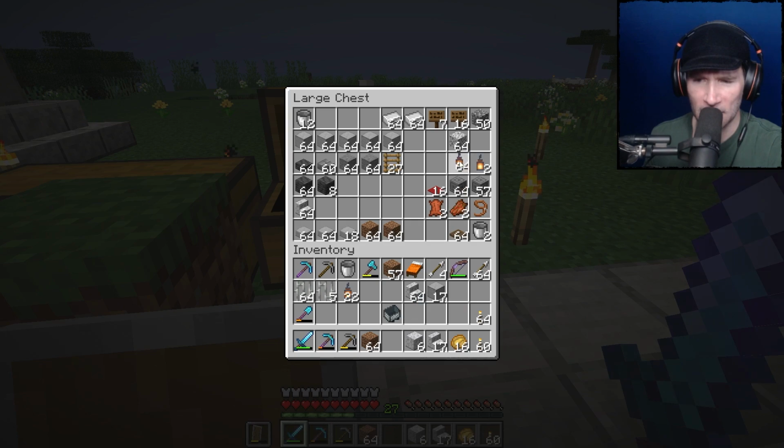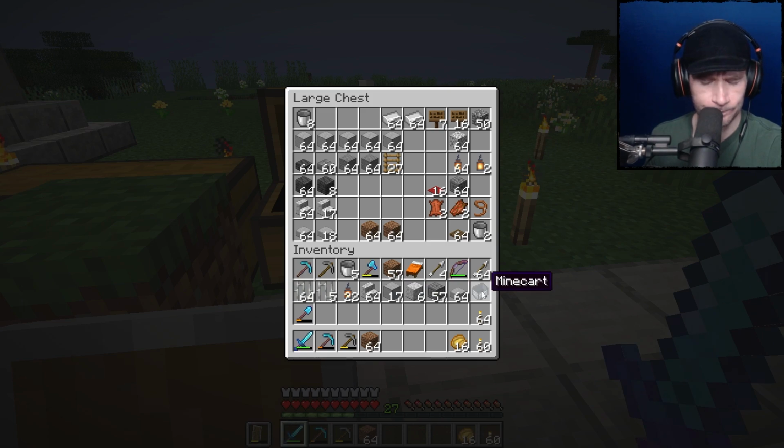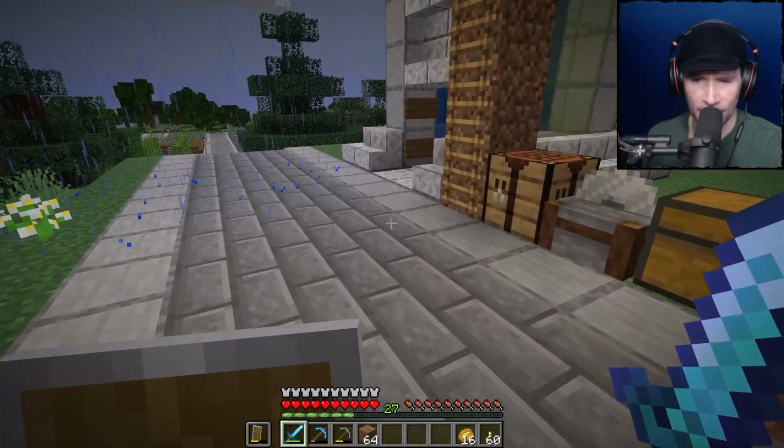Probably don't need this. I will leave one thing of diorite steps just in case. Leave some smooth stone. Leave some of that. We do need some of this. The chiseled stone blocks. And we need some smooth stone slabs. And then we need... we need buckets. I think that's everything. And then once we do that, we fill it with water, then we will get our...